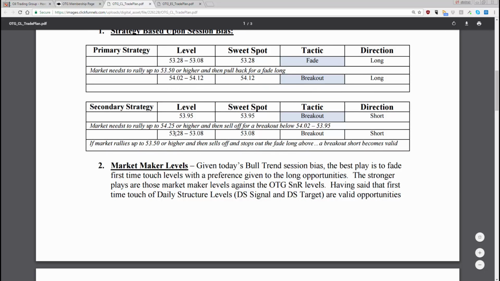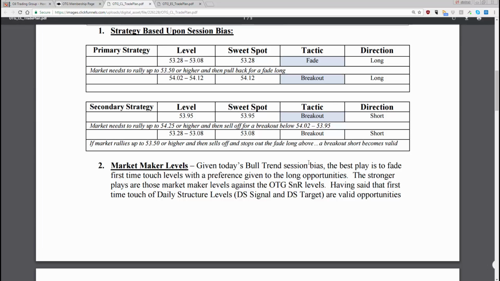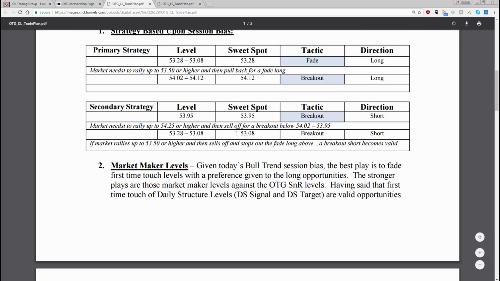It did all of that. What we also talked about is that same area, if market rallies up to 53.50 or higher and then sells off and stops out the fade long above, which it didn't stop you out. It gave you 22 ticks and then came back down. Then you would be looking for a breakout below